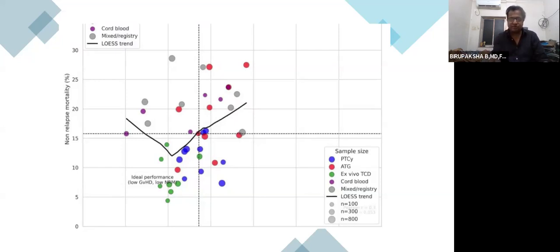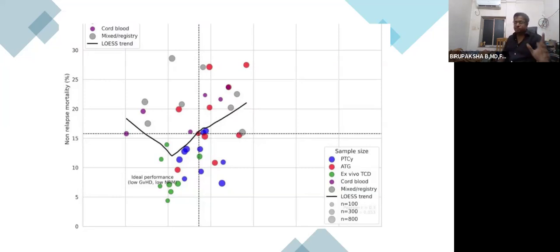If this is indicating a heterogeneity, this also indicates heterogeneity at the same time. In one study, they found the potential of PTCy, or post-transplant cyclophosphamide, to be this much. The small bubble will indicate the power. And in one study, they found it to be this part. Anyway, to simplify things, from this loss curve, and from this particular graph, the take-home message is